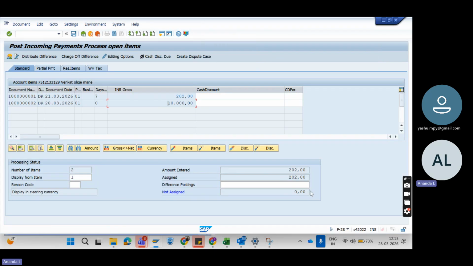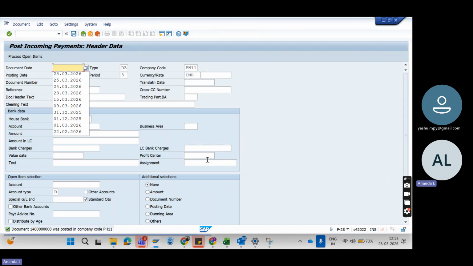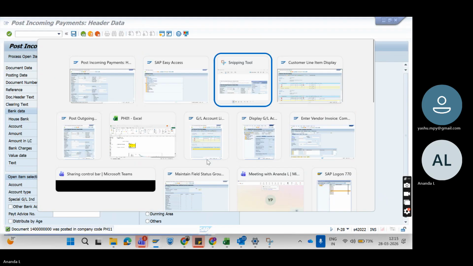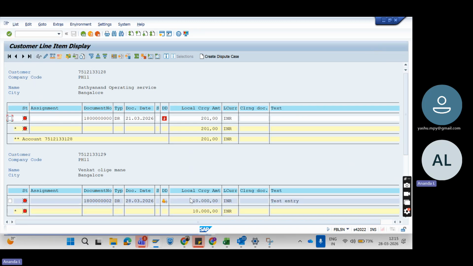I deselect this 202 and 202 and I simulate this. Everything is okay, and save this. Posting keys always take different values; I'll discuss this later. Save this. That's it. And when you come here, if you refresh this data, the 202 has